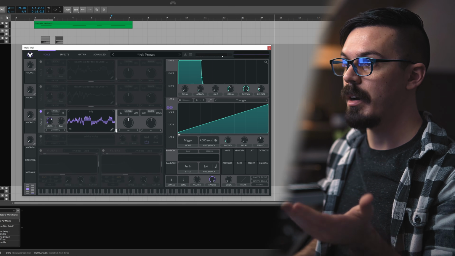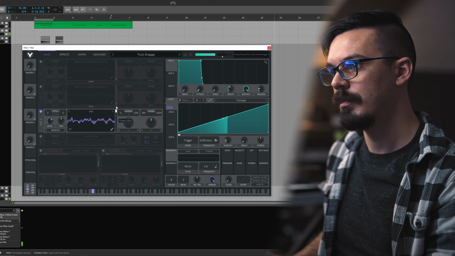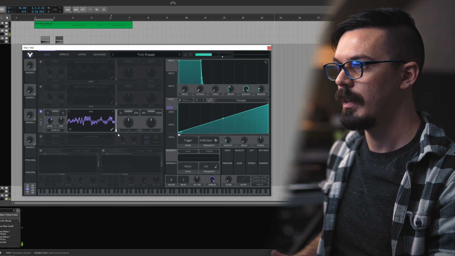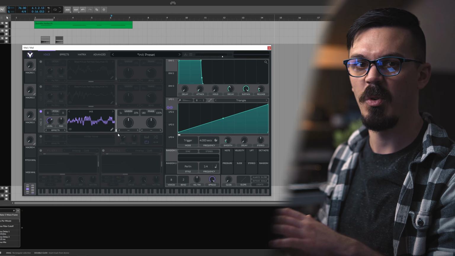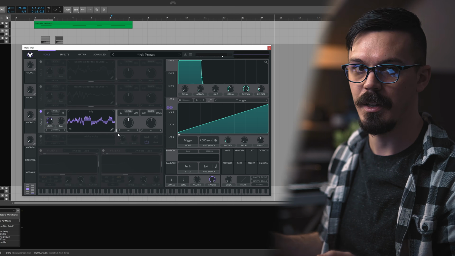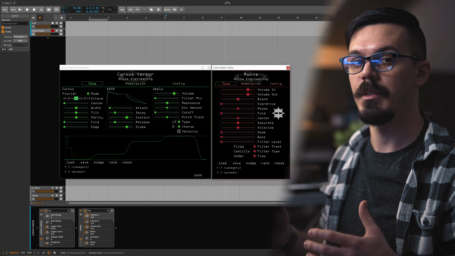With that resampled, we've got our final wavetable, which sounds like this. This is a really great way to make some complex sounding wavetables for bass design or pads or textures or anything else. Building off that last idea, another cool way to create wavetables and other weird sounds is by using